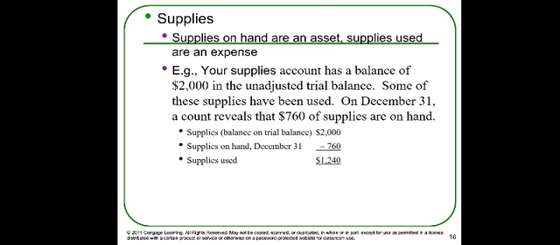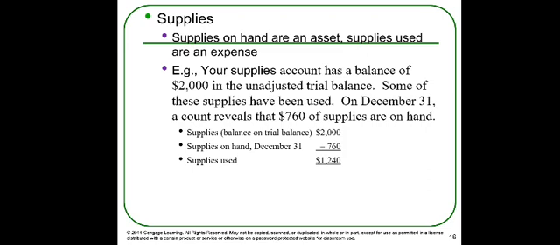Let's say you have a laundry shop. In your laundry shop, there are many detergents, softeners, etc. They are assets. But when you provide a service to a customer, you use these detergents or softeners, etc. The assets become an expense. So there are two accounts related to supplies. Supplies asset and also supplies expense. Okay, let's see the situation here. Let's say